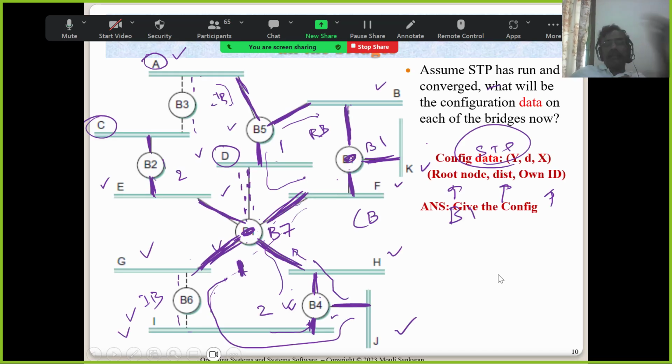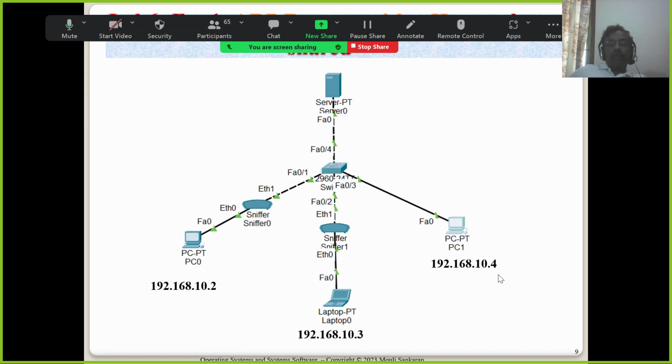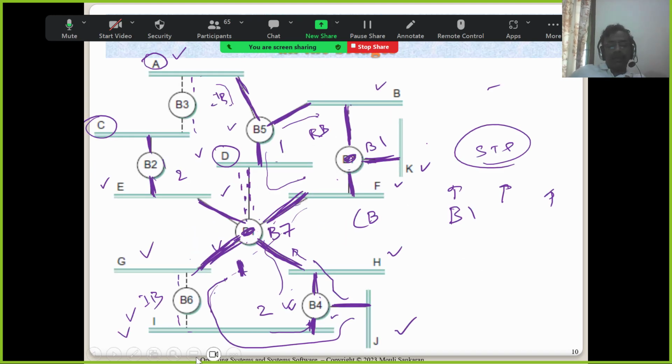Transparent bridge, I hope you have no doubts about it. I hope you guys know it, right? I told you about it: initially they do a flooding, then they do